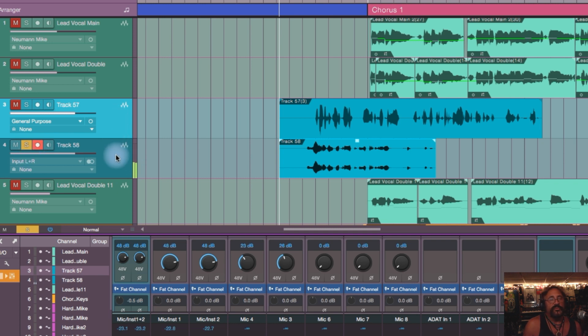I'm not going to go into instrument tracks and stuff like that. I'm only talking about straight recording in from your audio interface at this point. So an instrument track in Studio One is the same thing as a MIDI track. Why they call it an instrument track, I'm not sure, but it's really a MIDI track. So anyway, turn this off,